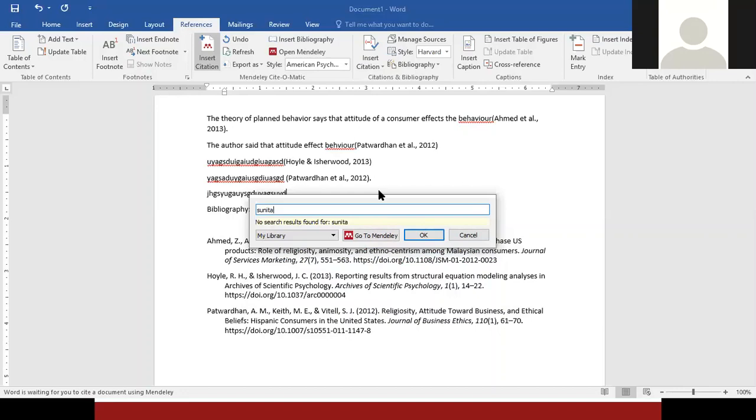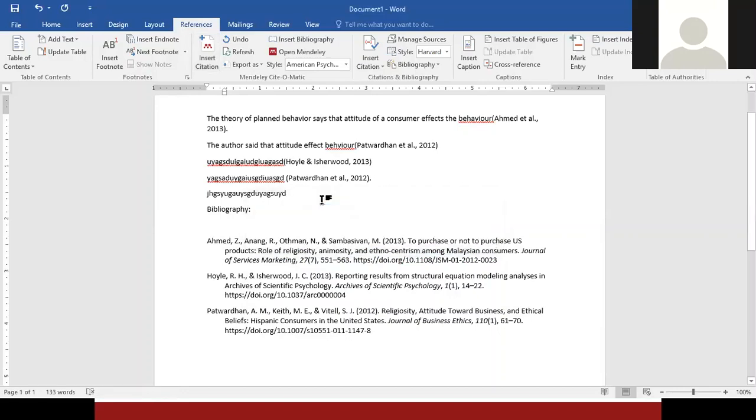So if there is no reference, even if I go to OK, nothing will happen. So what I'm trying to say is, to do a citation, you have to have the paper in Mendeley library, or else no references can be done, no bibliography can be done. Is this much understood? If it's understood, can we see a few demos?